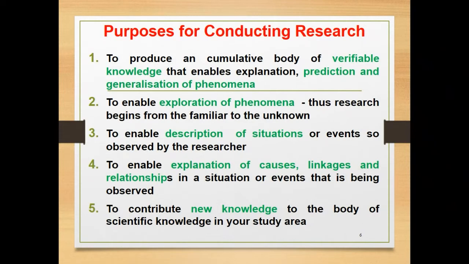So you want to produce a cumulative body of knowledge that can be verified. This is what we are doing, not we are doing everything we can, but this is what we are doing. This is how it was done, and this is what it produced. To ensure, this is how we ensured, this is the outcome and the impact or the effect. So we know it ensured. And the everything is this and this and this and this. So it's not just everything we can. So we know we can now use this knowledge to predict and generalize what you are explaining.